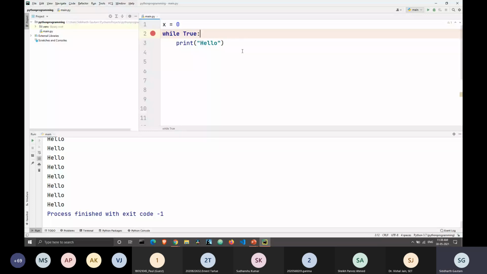But let's not do this or our console will get cluttered. So let's turn this into False. And when I try to run this, we don't get hello printed a single time, because even the beginning condition of the while loop is false.